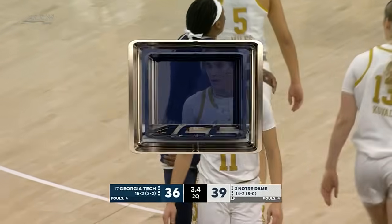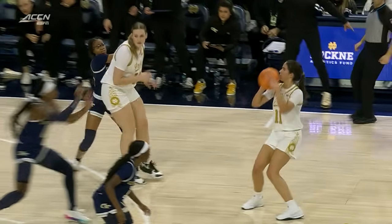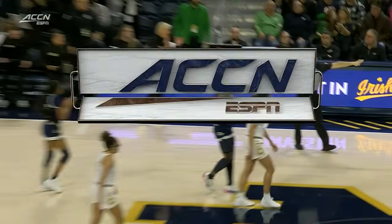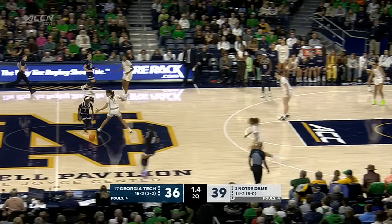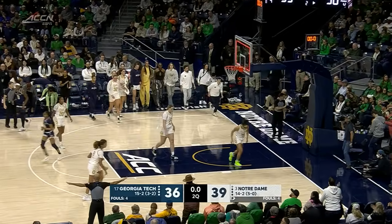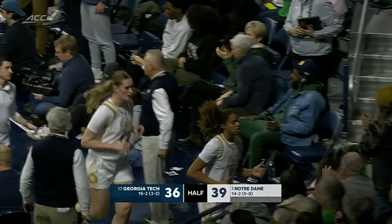Take another look at it. Could be a moving screen. We'll see. There's Koval. Well, officials felt like her feet weren't set, and she did keep them hopping. They did call it on Koval, who is scoreless. Miles only with 2 points. And give a lot of credit to Georgia Tech. They were down, as I mentioned, by...